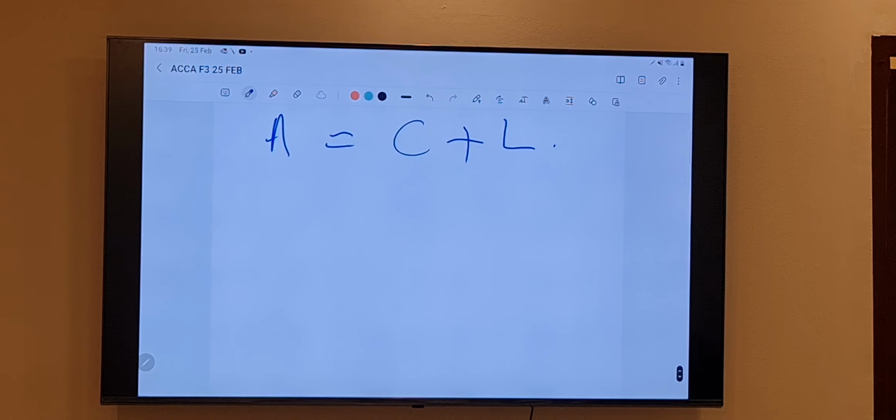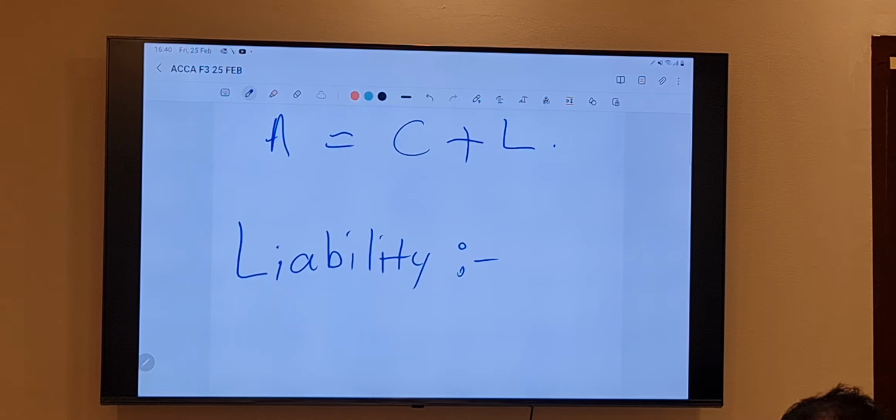Okay, now we need to define what this liability is. In Arabic, what you call liability? التزامات. الالتزامات. Now capital is also a liability, but to whom? The owner. These are resources we brought to the business, but is the owner the one owning this? No, a third party. So any resources which are brought to the business for which the owner has no ownership are known as liability. So let's write it down.